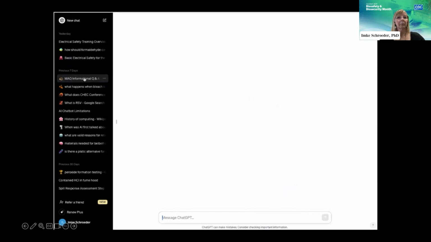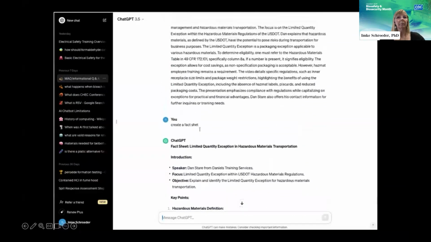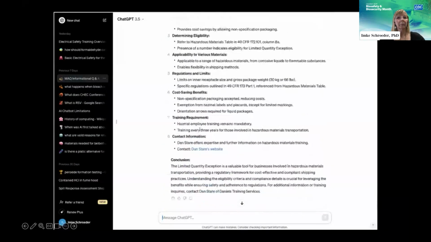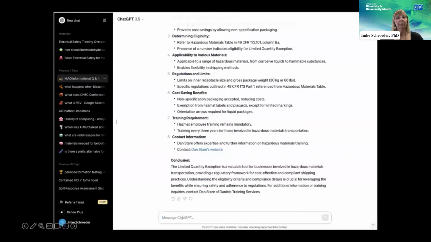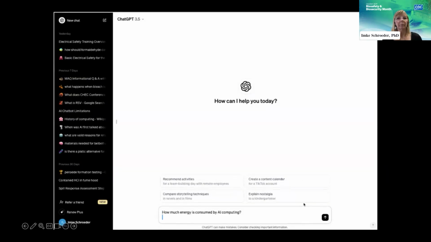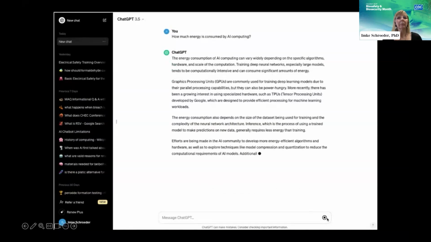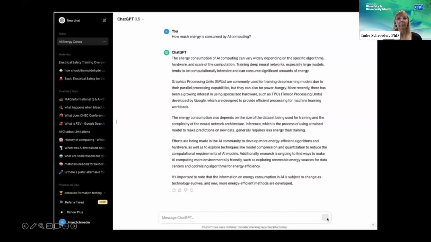And you can go back at any time and revisit what you've queried, and you can also ask it follow-up questions. But I now want to do a new search, so I'll go to new chat, paste in my question, and hit enter. And you can now observe how quickly ChatGPT generates the answer to my question.